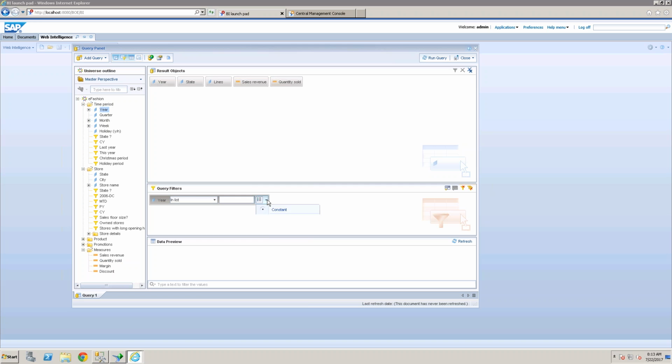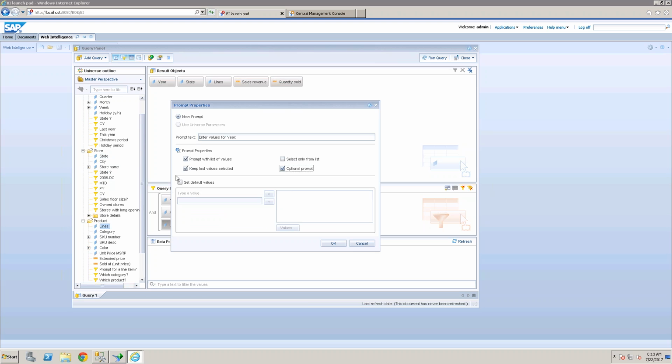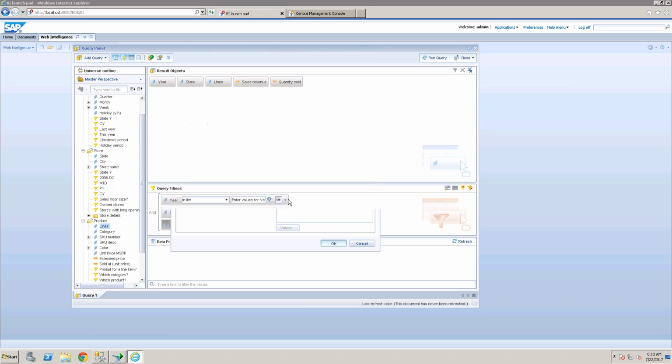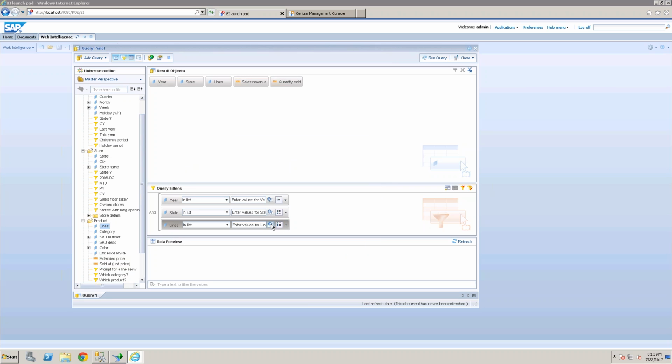So to link one report to another report, whichever values you want to pass to the detailed report, you should create a prompt on top of that. I'm trying to create a prompt here. And the prompt which I'm making is optional. All the prompts I'm making are optional prompts only here.